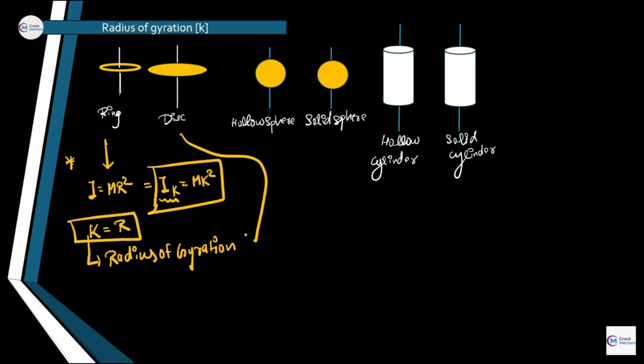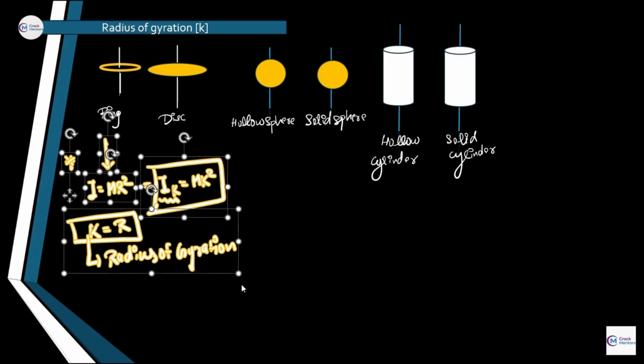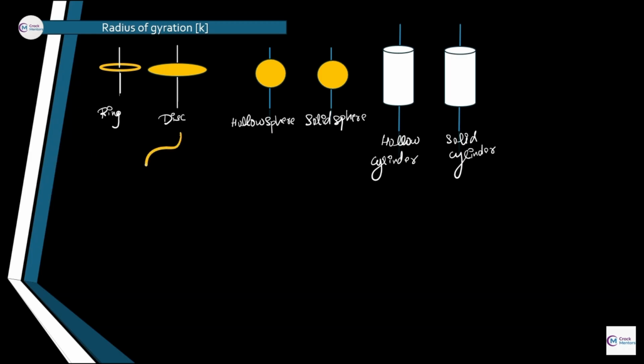Okay, and if the k value lies at different values, then according to that specific value we know the basic body type. Is it a ring, or a disc, or some other body? This is a very important thing to calculate. How do we calculate the radius of gyration? We equate it with our general moment of inertia, which is equal to mk square. We replace the radius r by k. That's how we get the value.